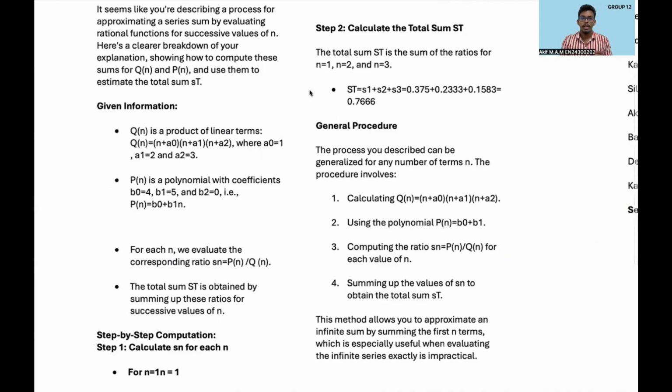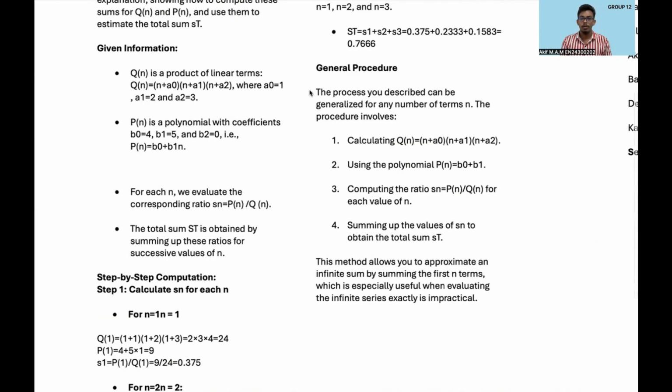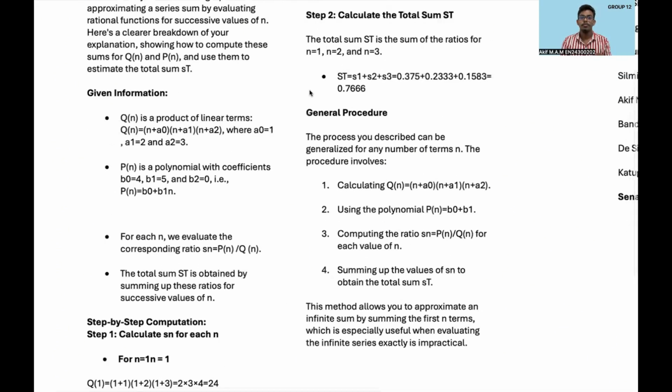3, 0.1583. Third, add these ratios for all n values to get an approximate total. In this case, adding the first 3 gives